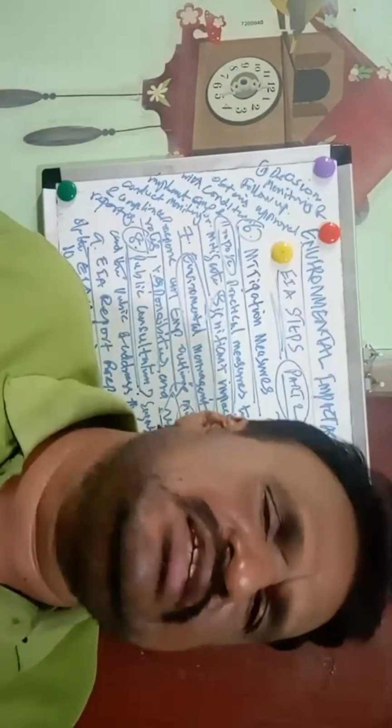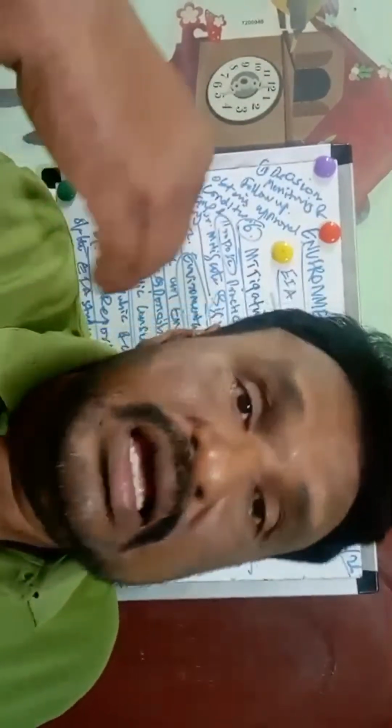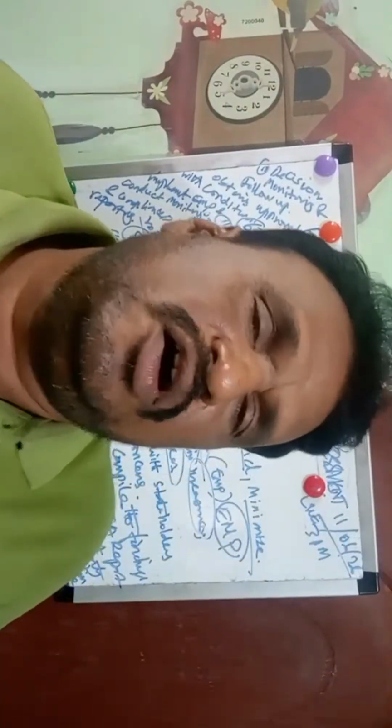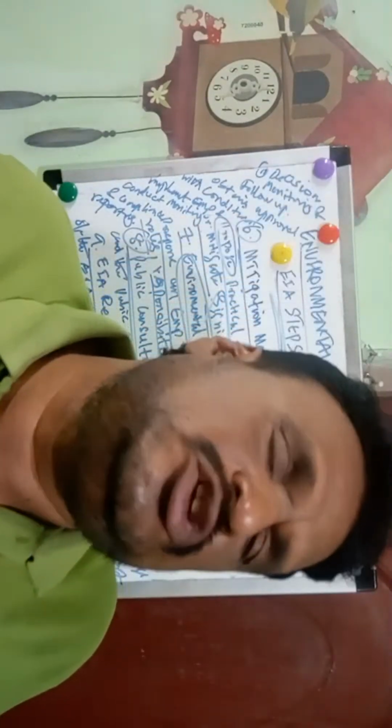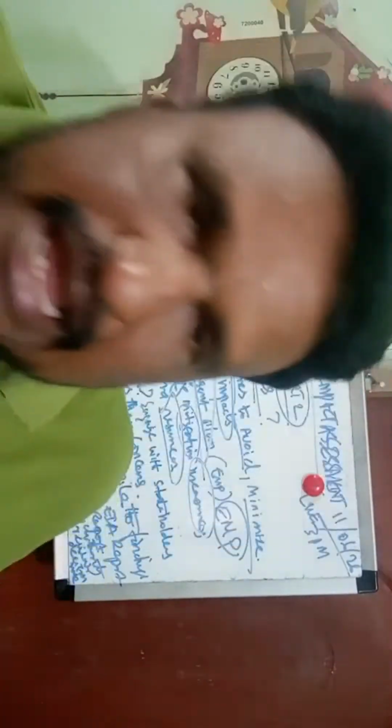These things you have to give as information to the local public. They may have some suggestions, or they may have some issues. So you have to consult with them about the environmental issues. For example,